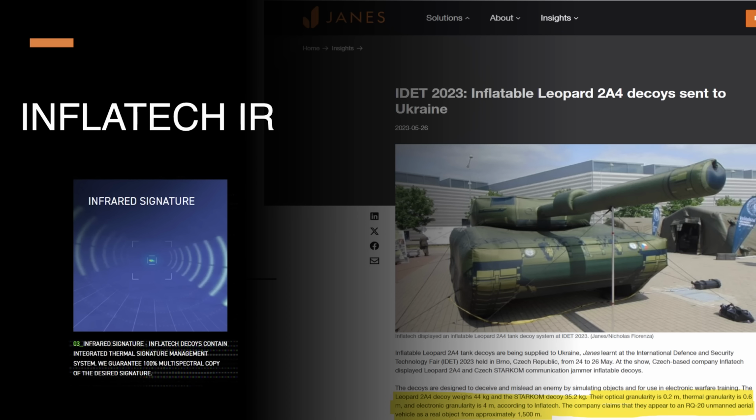There's sometimes actually a little drive unit under the inflatable that allows operators to drive these things by remote control. That might help relocating the system or potentially providing a sense of urgency to anyone attempting to target it. If you see a potentially dubious target driving towards cover in a tree line, for example, you might not spend as much time closely examining it before deciding to pull the trigger. Think of this as militarized FOMO, or the false urgency often induced by scam artists. Convince a human that they're going to miss out on some fantastic opportunity if they don't act right this second, and all of a sudden they're sending money to strangers, buying the next scam coin, and blasting apart Czech inflatables